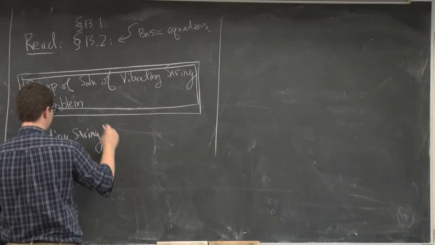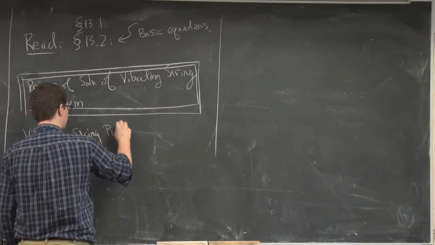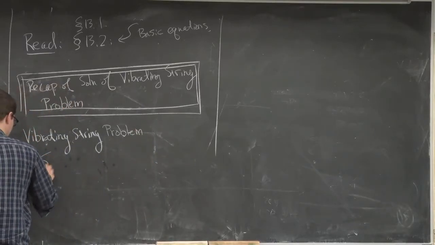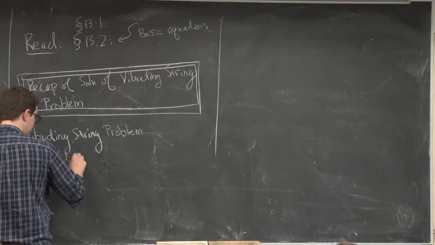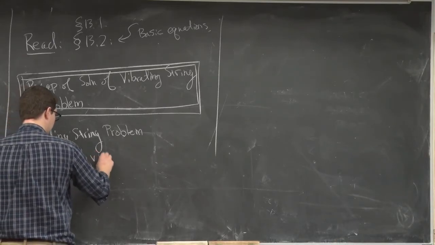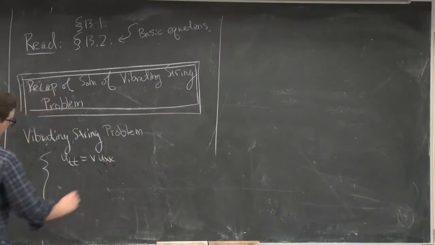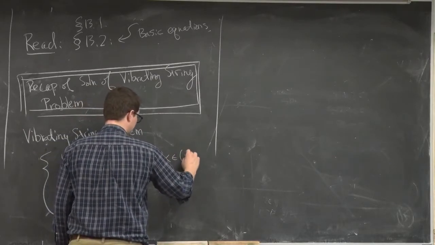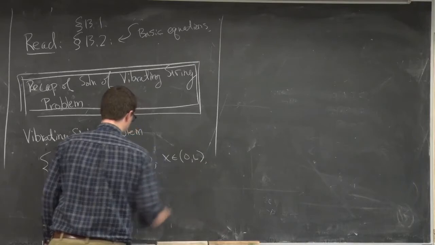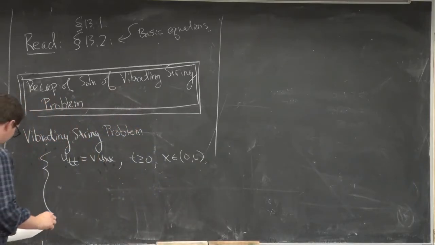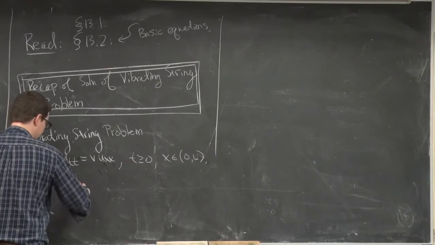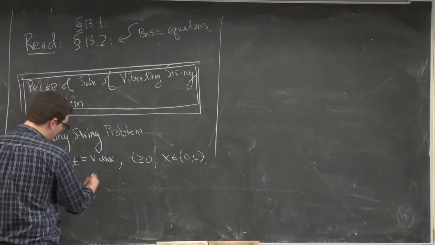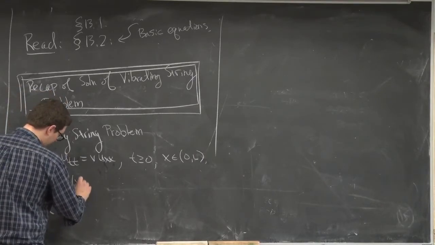It's a boundary value, initial value, ordinary differential equation that describes the motion of a vibrating string. So we had this equation, and x is in some interval, let's say 0 to L. And then we had our boundary conditions. The boundary conditions were that the endpoints of the string were fixed. We'll modify these in a bit, but for right now we've been talking about fixed,